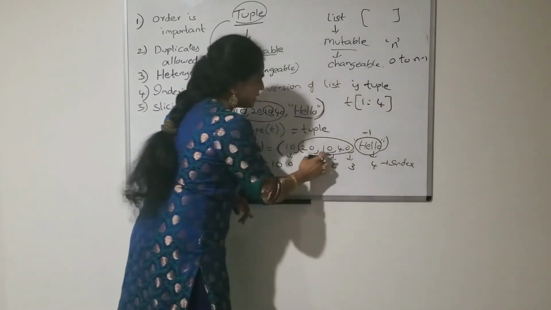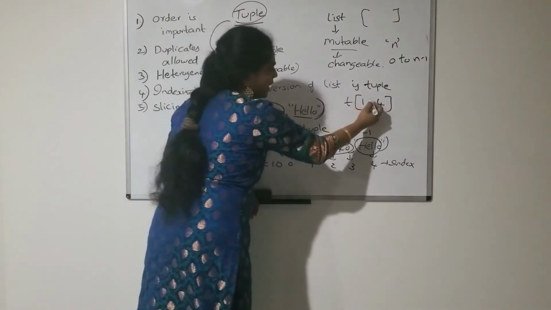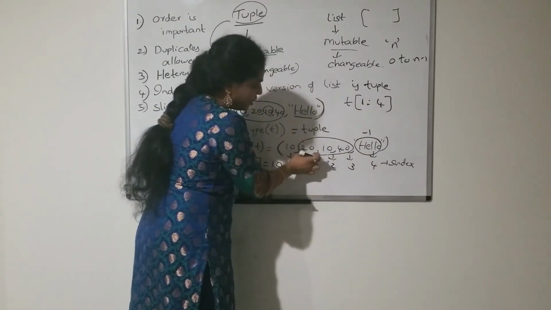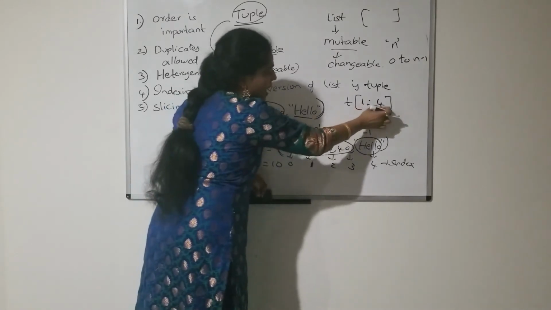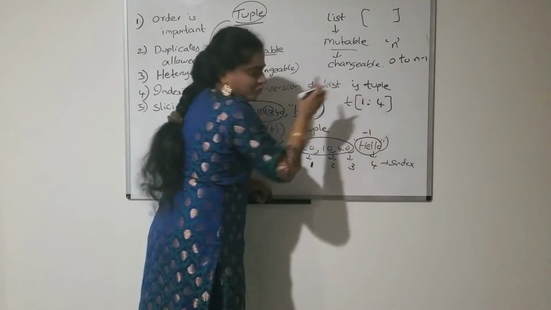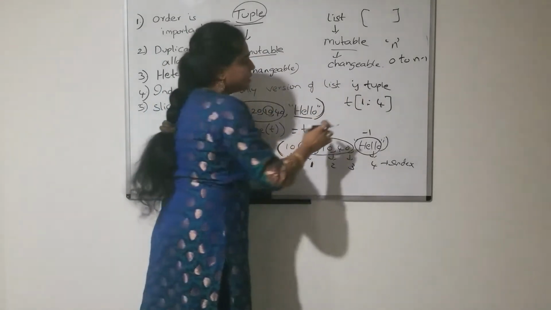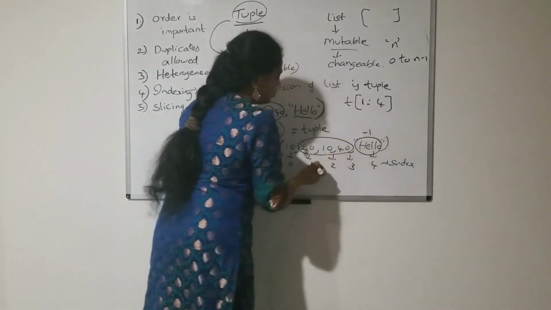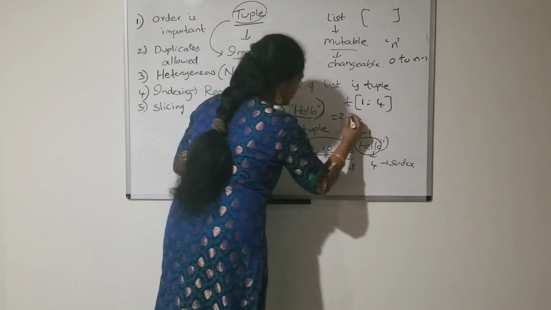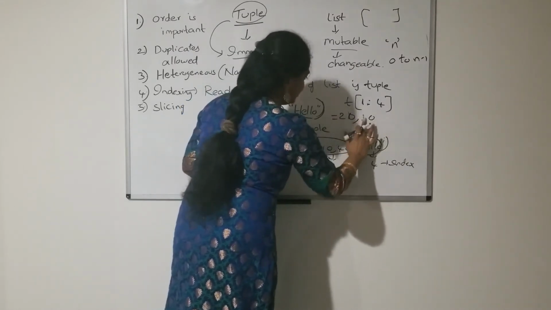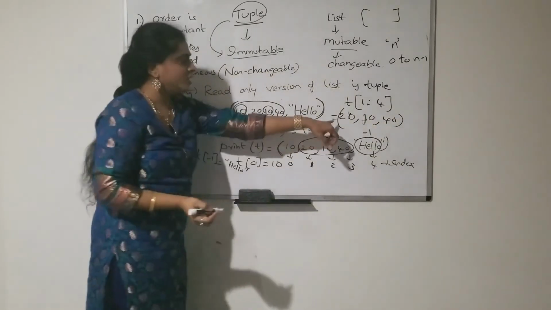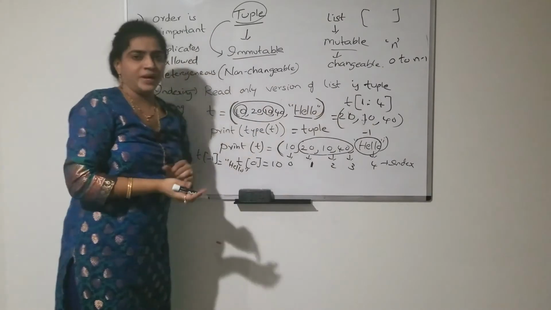Okay, if you want to access these 3 elements, you have to take the slicing as 1, which is the begin index from which element you want to access, and end minus 1. So here 3 means you have to take up to 4. Got it? So, T of 1 colon 4. The output will be 20, 30, 20, 10 and 40. So, this is the output of that slicing operator.